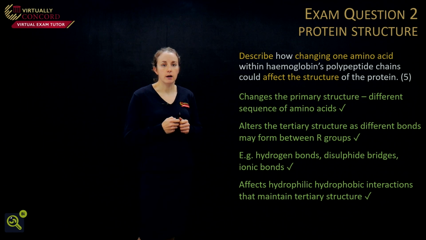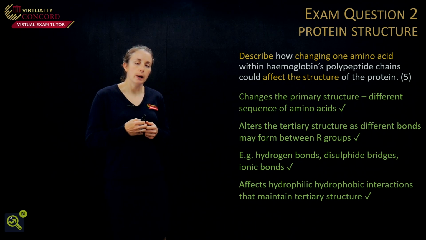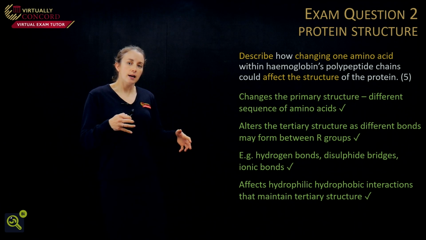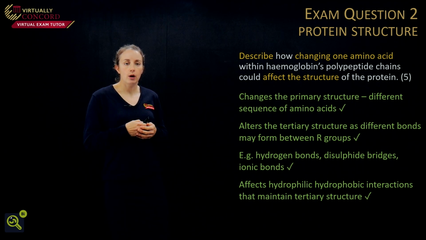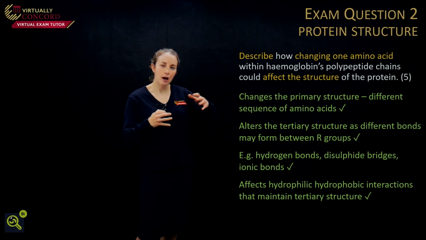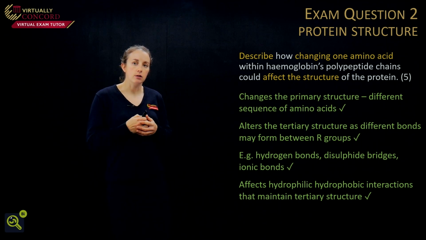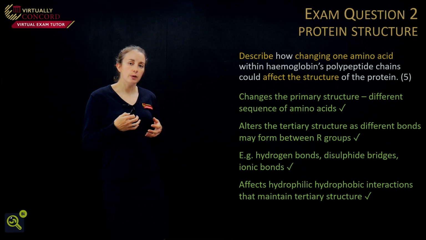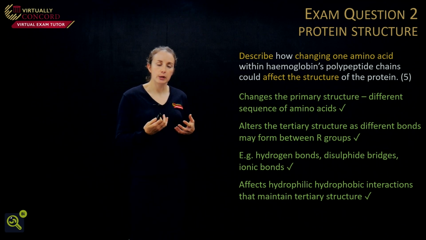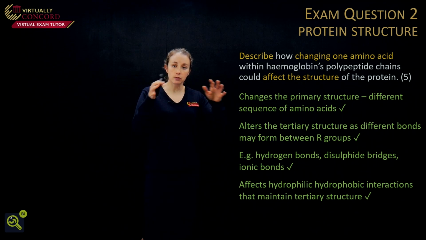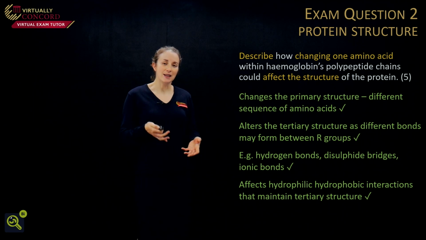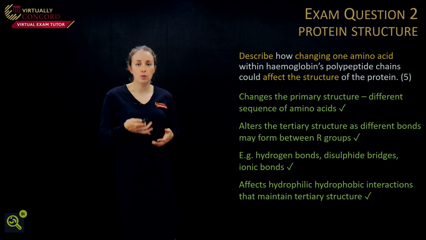You could also affect any hydrophilic, hydrophobic interactions that might take place within the polypeptide or the protein. And that's to do with the polar and non-polar R groups. And they affect how the overall structure folds up to create a 3D structure. And for example, if we think about hemoglobin being a globular protein, we would expect that around the outside of that molecule, you would have polar R groups, and that enables that molecule to be soluble in a watery environment